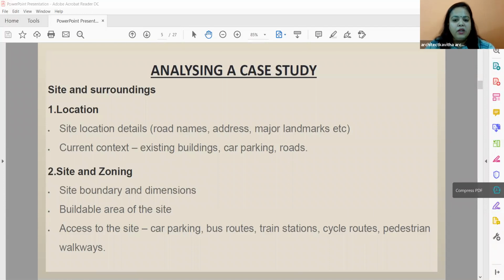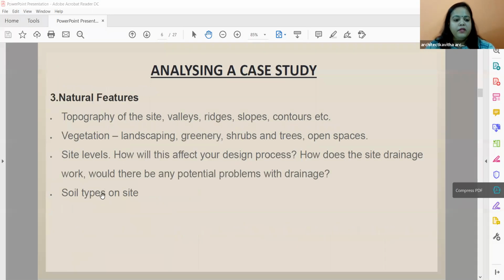Where is the pedestrian walkway? You can take some photographs. If there are any details of the walkways, some interesting details, you can take photographs of that, and of how they have designed their walkways around the building. Is there any landscape behind? All that you will check when you're checking the site and zoning. This is the exterior part.